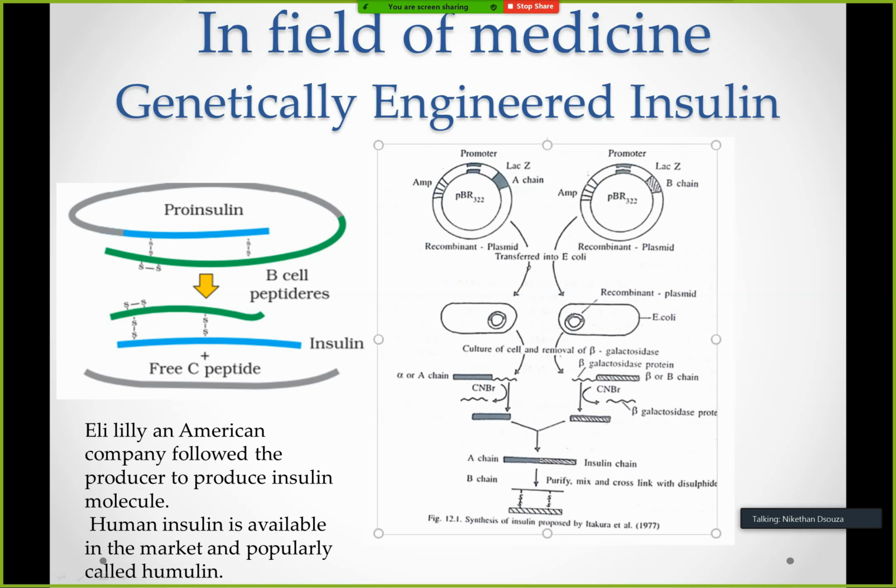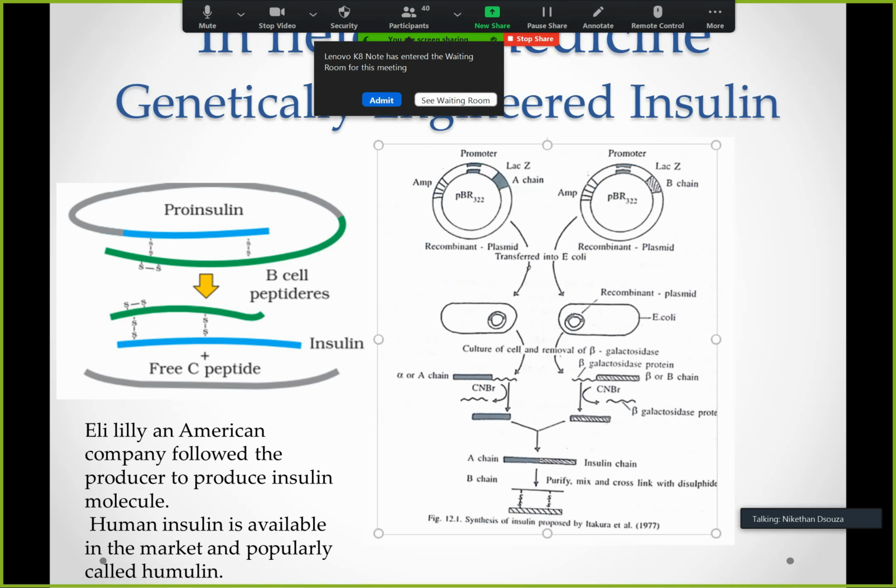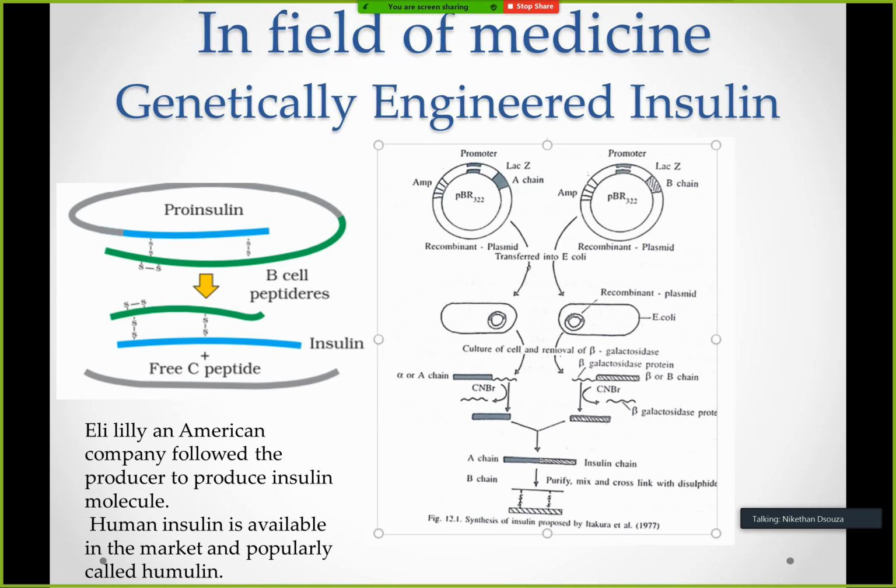We treat them with the enzyme, that is, restriction endonuclease. We treat the vector, the plasmid you see here, pBR322, and our gene with the restriction endonuclease, and we join the segment of DNA